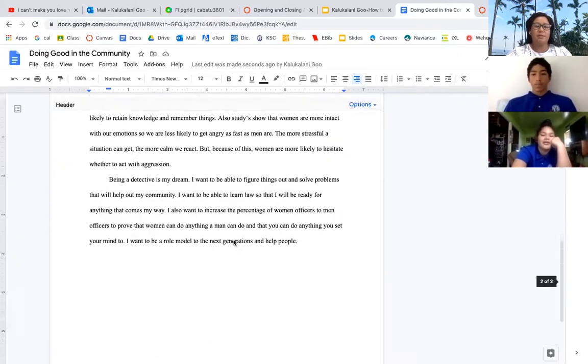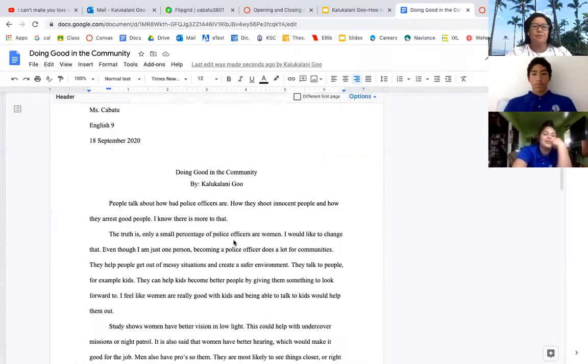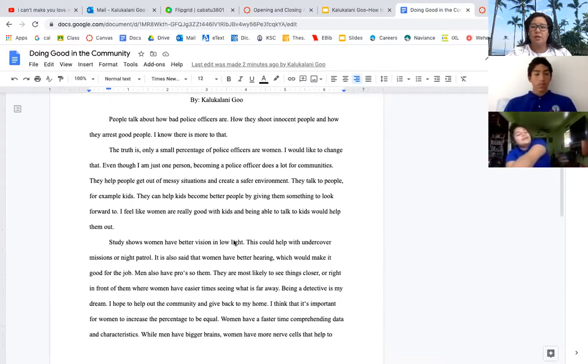Okay, so we're going to stop right here before you move on. Where's your final draft document? We're supposed to all make a final draft document, and then you're supposed to copy and paste this into a new doc twice, because you're going to be changing up the copy on the top. So you might need to do file and new, and then copy and paste it into a new doc.